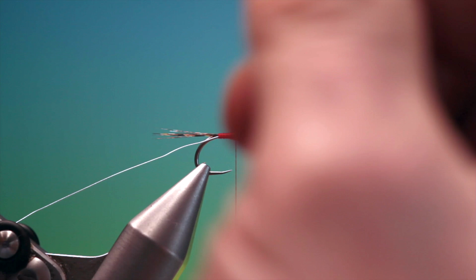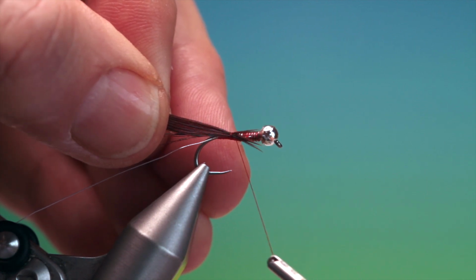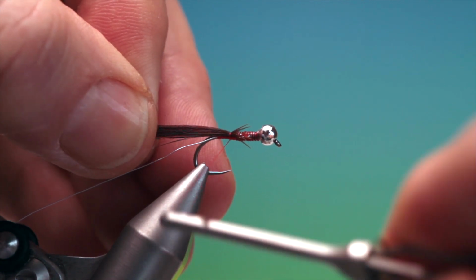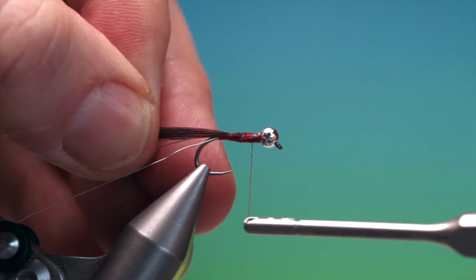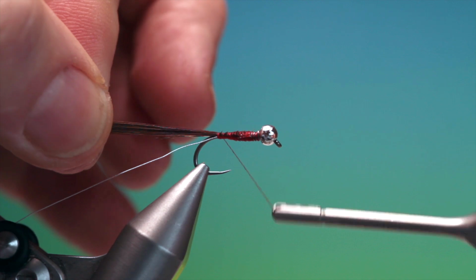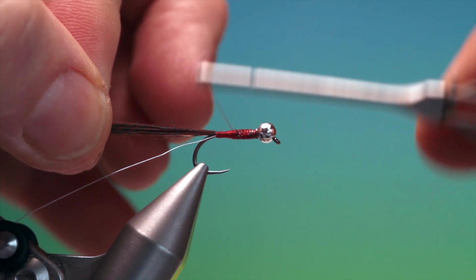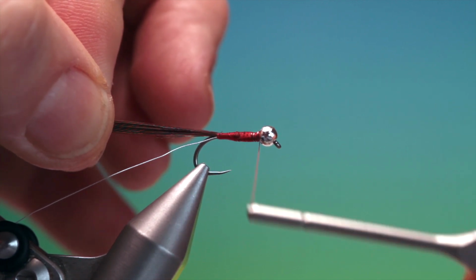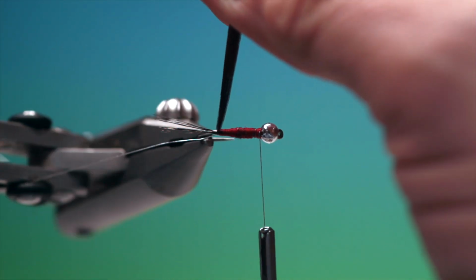I've got a little bunch of pheasant tail fibres which we'll just tack in there, secure it with a couple of turns, and then we'll just go over the ends like that, and then we can go back to the very tail base and then back up over the abdomen and forward. Get the thread out of the way, make a few turns of thread there because it'll unwind as we